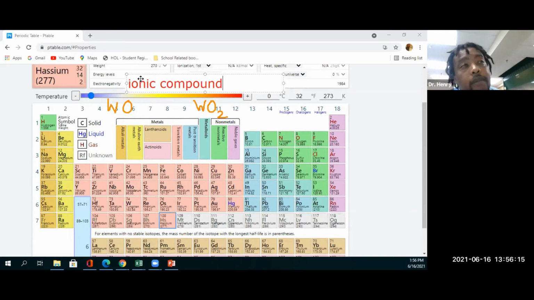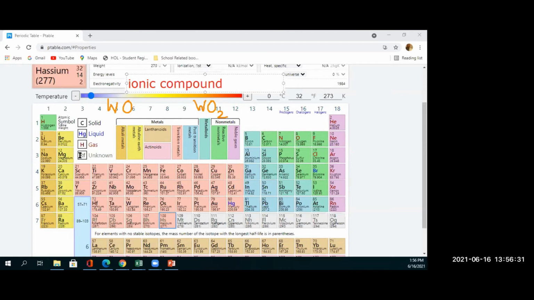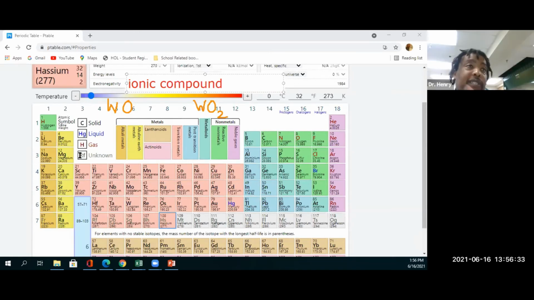One of them is going to be taking electrons and one of them is going to be giving electrons. In this case, who's going to be taking the electrons? The non-metal. The non-metal always takes the electrons when you have a metal